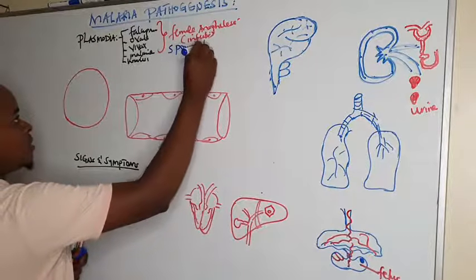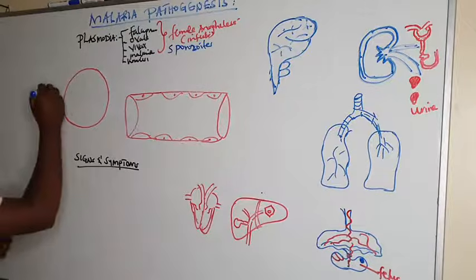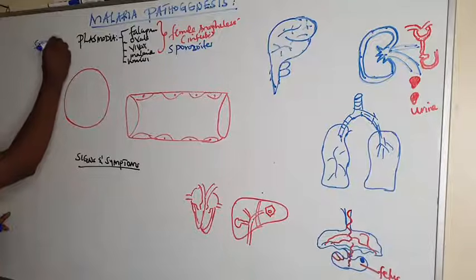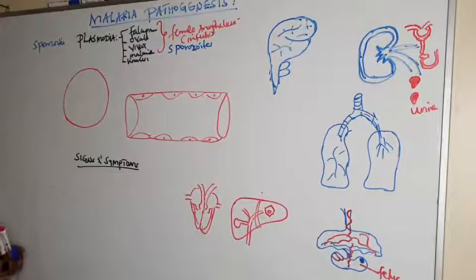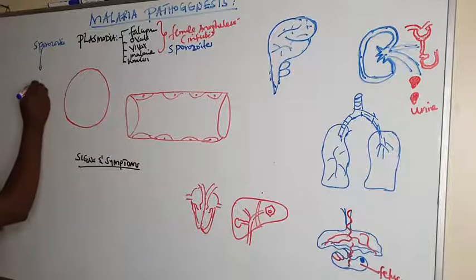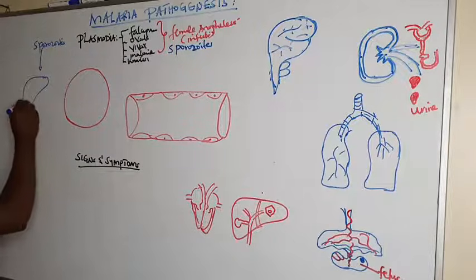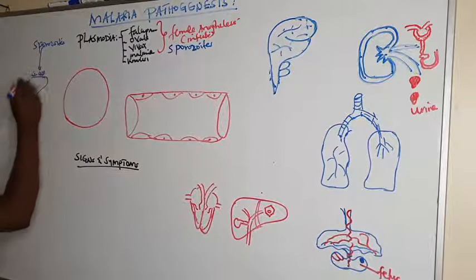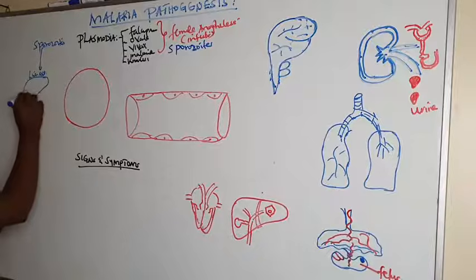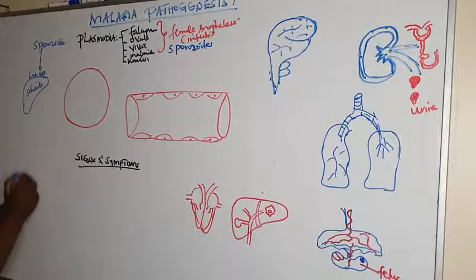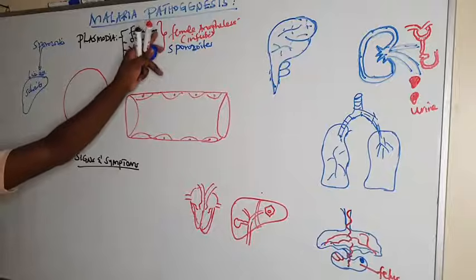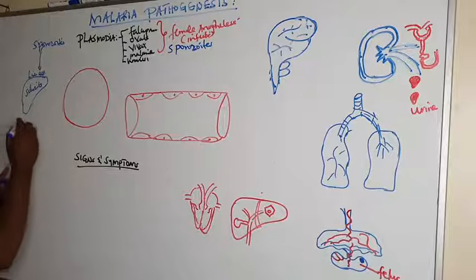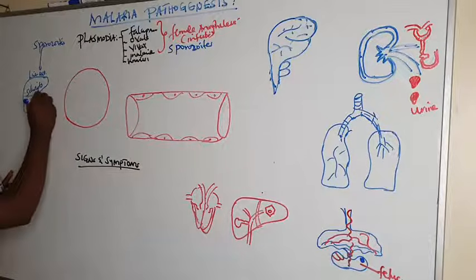After being injected, the sporozoites from the salivary gland of the mosquito move through the bloodstream to the liver, and within the liver parenchymal cells, they develop into what we call schizonts. And schizonts of P. falciparum and malariae, within 1 to 10 days, have developed and the liver cells rupture,